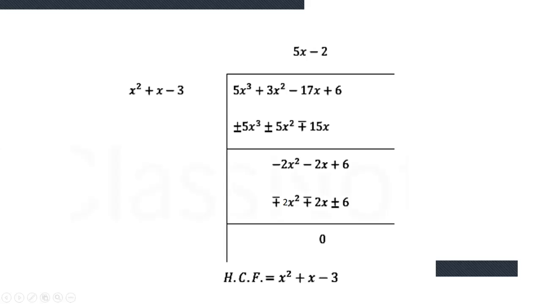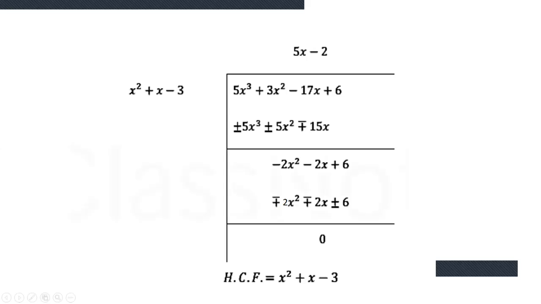There is coefficient 1 and there is coefficient 5. We should multiply by 5x to get 5x cube. If we multiply this term by 5x, then 5x cube, 5 1 is 5x square, 5 3 is 15x. Okay, 5x cube plus 5x square minus 15x. By changing sign, that will cut, remaining will be 3 minus 5, that is equal to minus 2x, and minus 17 plus 15, that is equal to minus 2x, minus 6 will be left as it is.